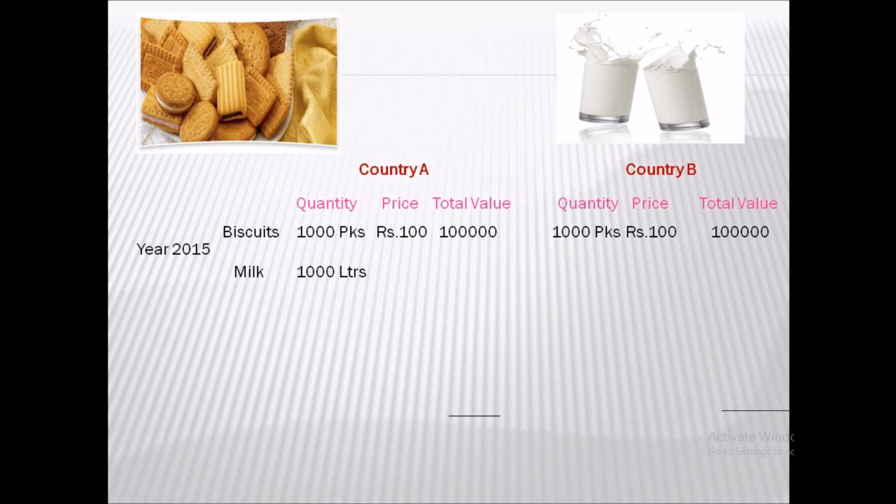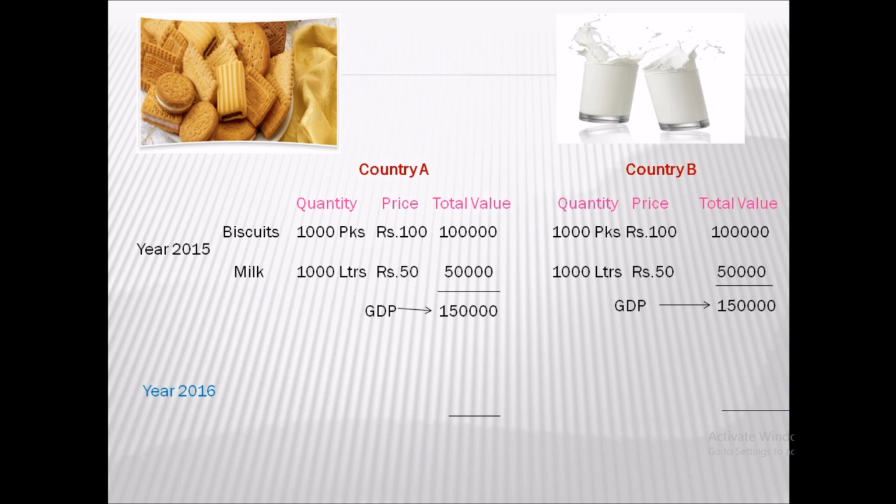Country A produces 1000 liters of milk at a cost of 50. So 50,000 is the value of milk, and so is the case with country B. They produce 1000 liters at a cost of 50. So the total GDP of country A and country B in the year 2015 is 1,50,000 rupees. All right, and now let's